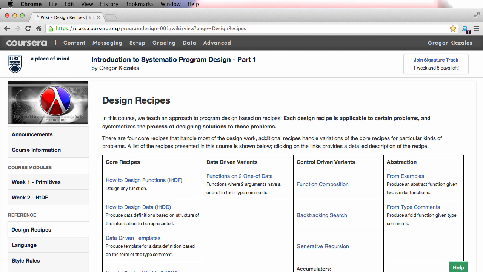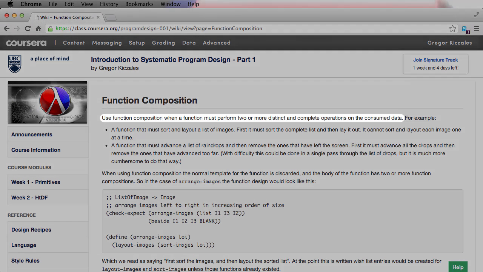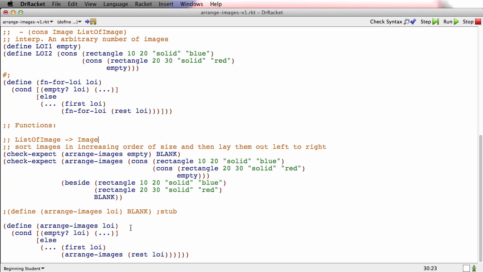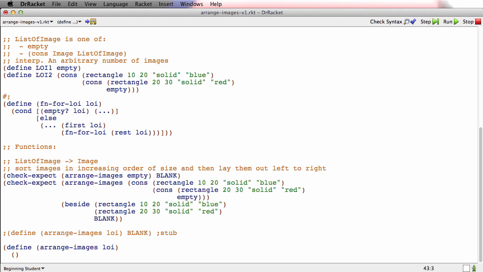And if we go to the design recipes page, there's a special entry for function composition, and it says that you use function composition when a function must perform two or more distinct and complete operations on the consumed data. For example, and it has this example, that's convenient, a function that must sort and lay out a list of images. I won't read through the page now. You should do that afterwards very carefully. But what happens in function composition is that we discard the entire template and we replace it with a function composition, such as